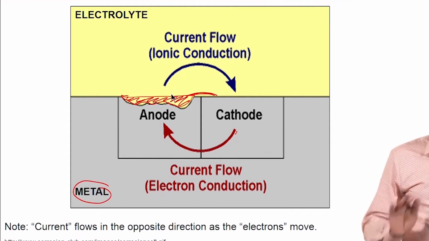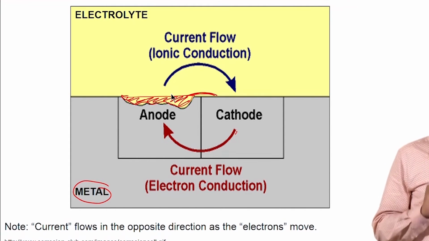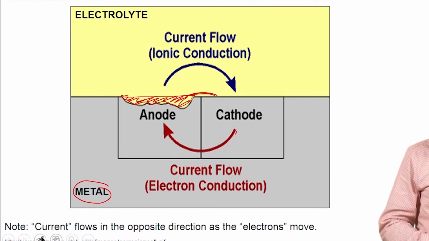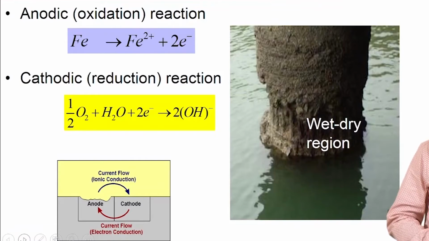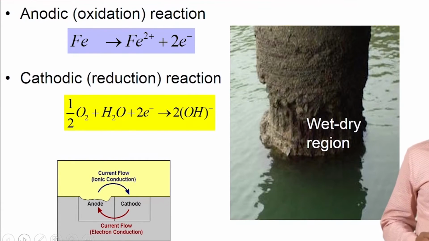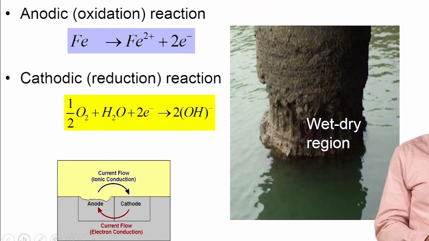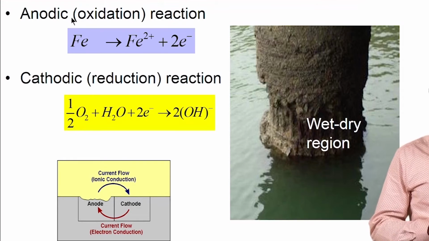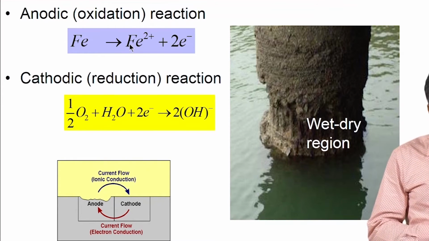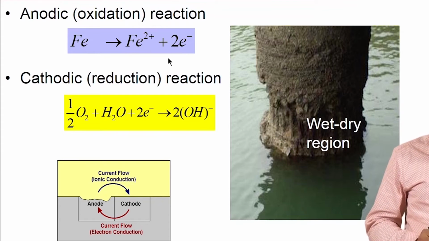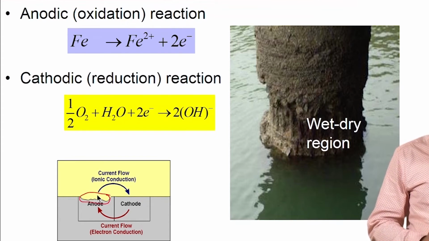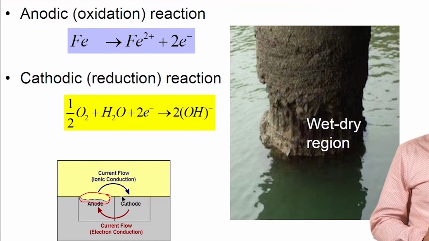If I can get rid of one of these, I can stop corrosion, but that does not happen. What happens when you talk about steel in concrete is a similar thing: on the anodic side you have iron which turns into Fe2+ and 2 electrons. So you have this release of Fe2+ into the solution, and provided you have enough moisture and oxygen